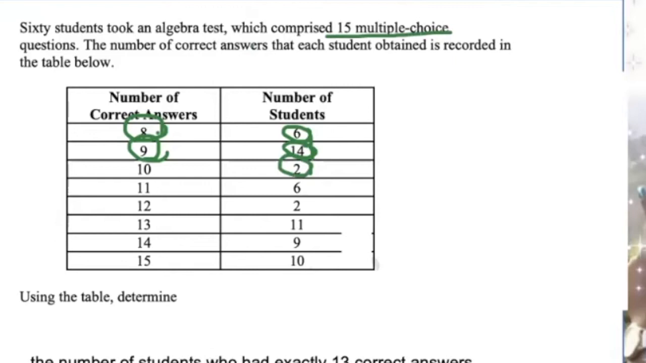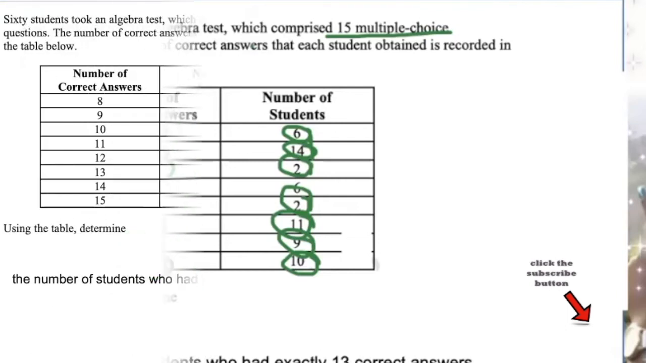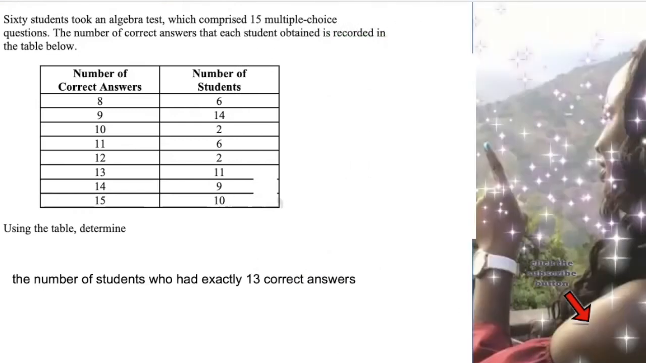2 students got 10 out of 15. 6 students got 11 out of 15. And then we have 2 students got 12 out of 15. 11 students got 13 out of 15. 9 students got 14 out of 15. And this is saying 10 students got 15 out of 15. Now, using the table, we need to determine first the number of students who had exactly